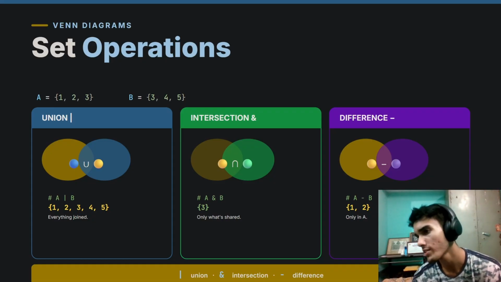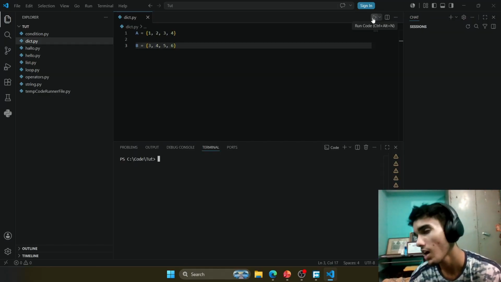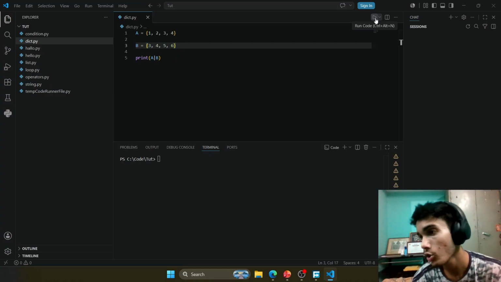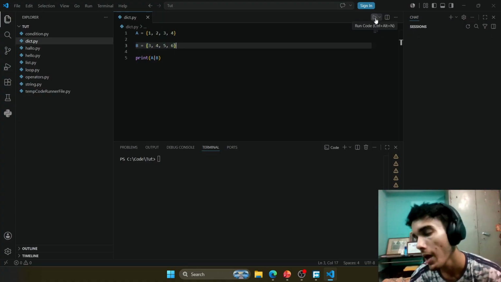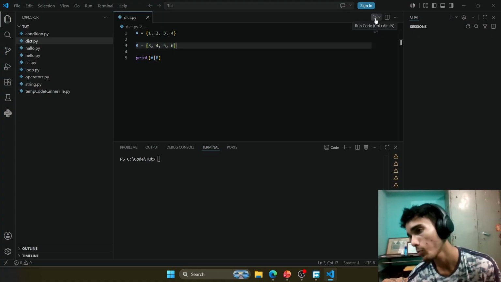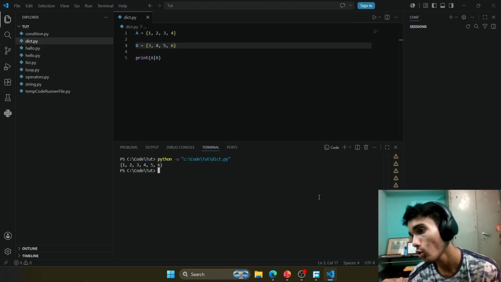So let's create two sets and compare them. As you can see, I've created two sets, A and B, with integers inside of them. Now let's compare them using union. Union combines all the unique elements. To print out the union, we just have to use print A pipe B. You may be wondering what pipe is. I usually call that straight line a pipe. So everything from both sets will appear once in the output. And as you can see, even though we had some similarities between the sets, we only got unique numbers instead